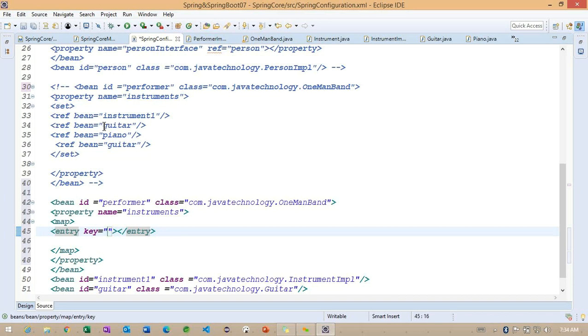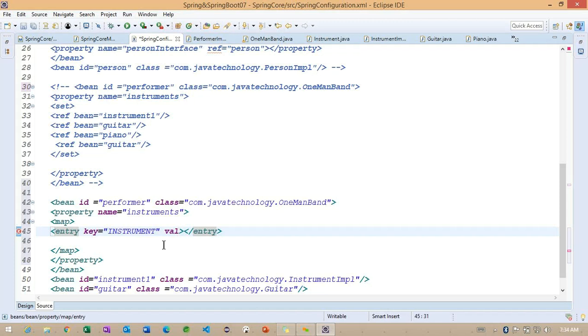So what keys can we use? The first one: I want to work with the instrument, so the key is identified. What about this value? Can we work on the value or value ref? For value, as we discussed with the primitive data types, we can work on that. But basically, we are going to work in the object style here.